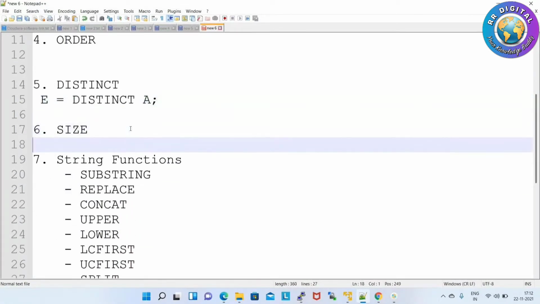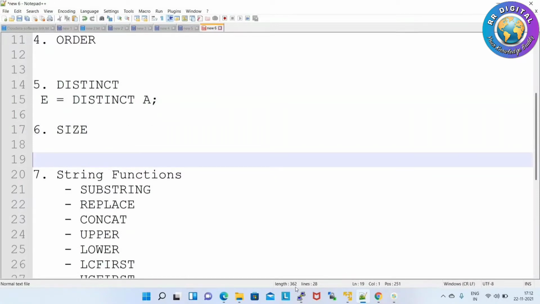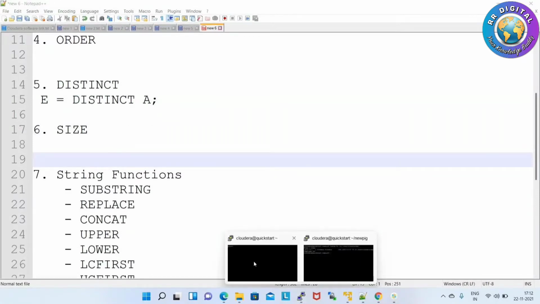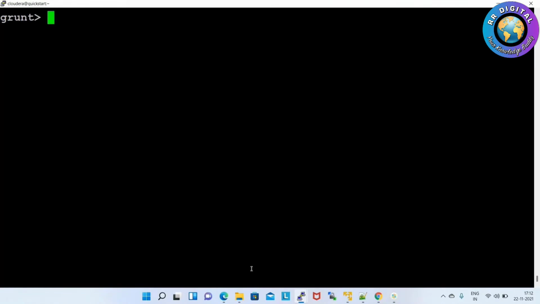Now we'll see size. Size, here applying on which column? Employee name column. Size of employee name. And then bag G equals foreach.